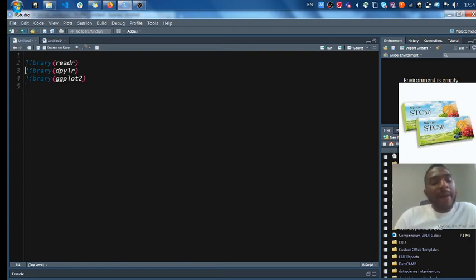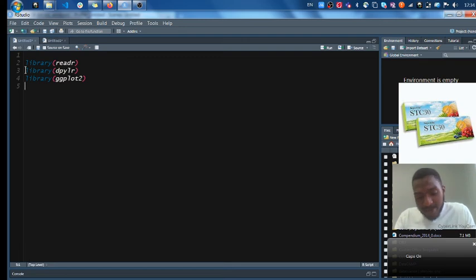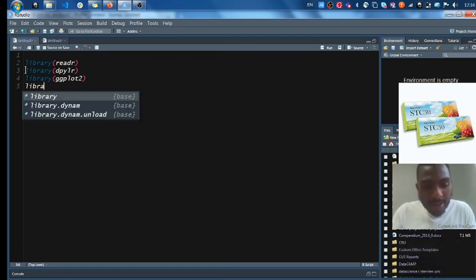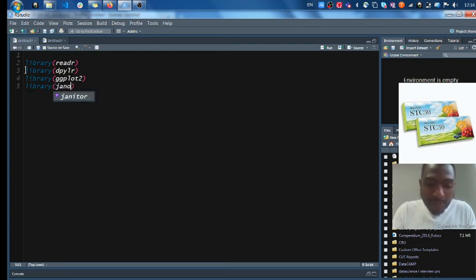Then there are other libraries that you can use, like for data cleaning. Maybe you can use library janitor, which you can use to clean your data very fast, or to wrangle your data. I think I'll also do a video on this where I'll go through and show you how these things actually work. So that's basically it. Today I'm not going to talk much about